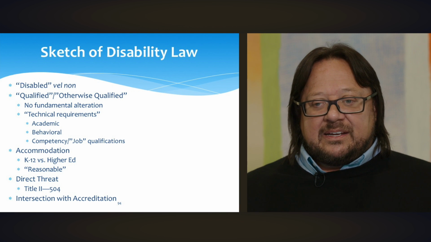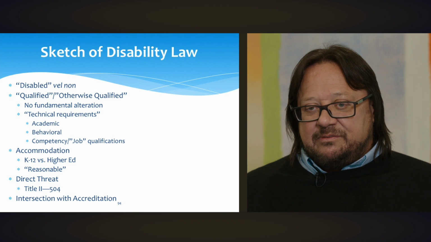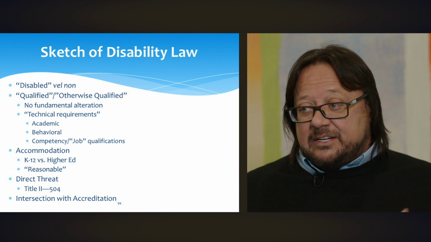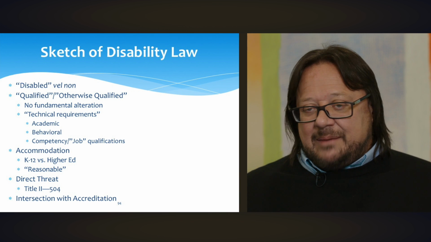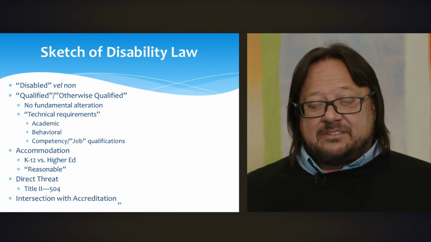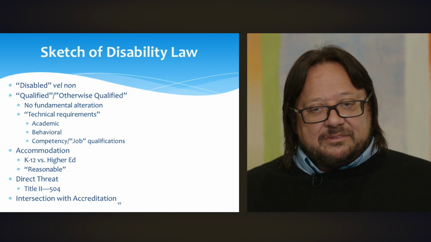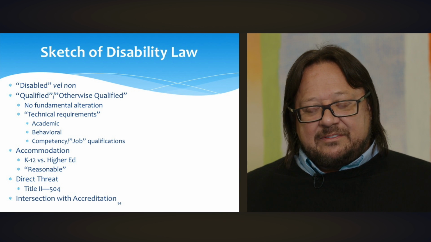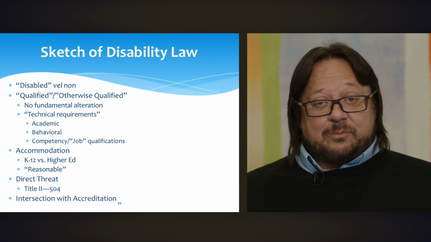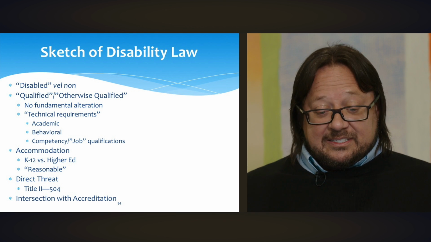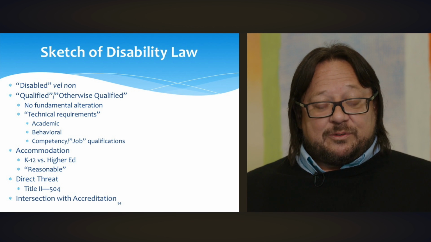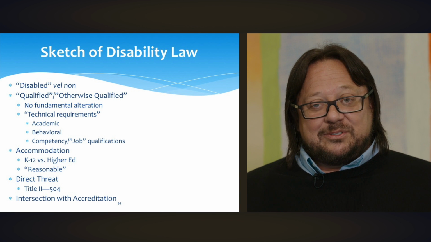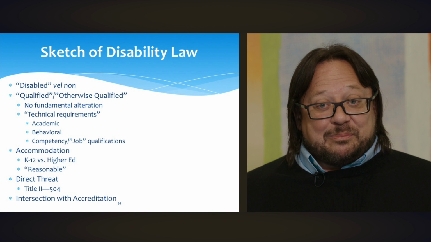But I say this because there are many disadvantages and differences that impact learning, some of which are considered disabilities, some are not. I'm an interesting learner because I'm convinced that I have dysgraphia. I probably have affective disorder. These are the sorts of things that when I was going to school in the 60s and 70s were not considered disabilities, and no one in their world would have thought to accommodate them, at least as I understood it. I was actually punished for my bad handwriting, and I had to figure out affective disorder issues and move from Massachusetts to Florida to start being able to function more effectively.